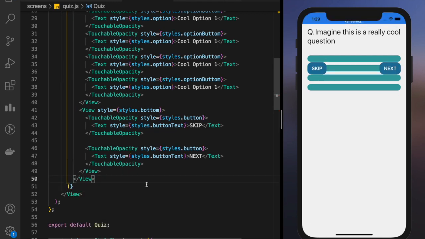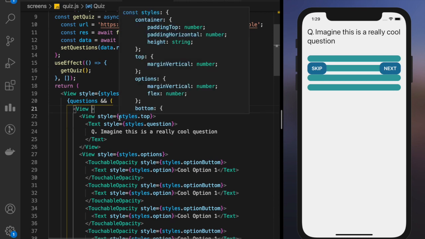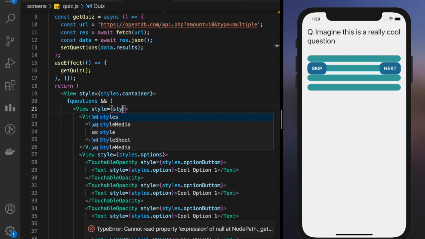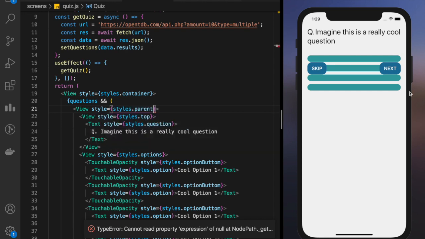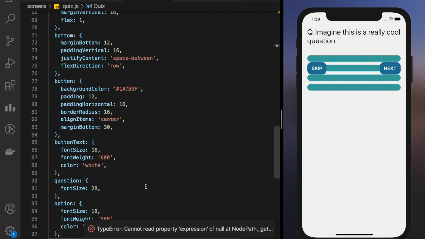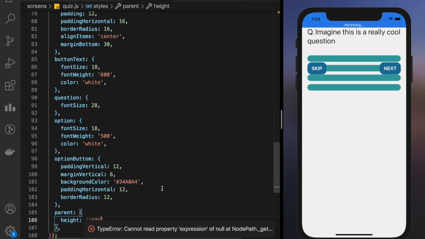Okay, so as you can see now, let me give it a style because of the flex. If we are going to give a flex 1 to anything, its parent should have 100% height, right? So let me give it a style, just call it parent, parent height of 100%.